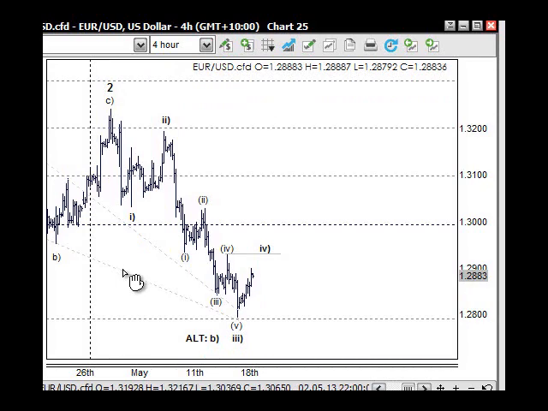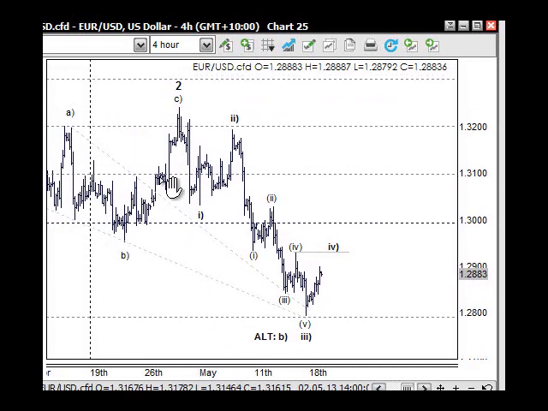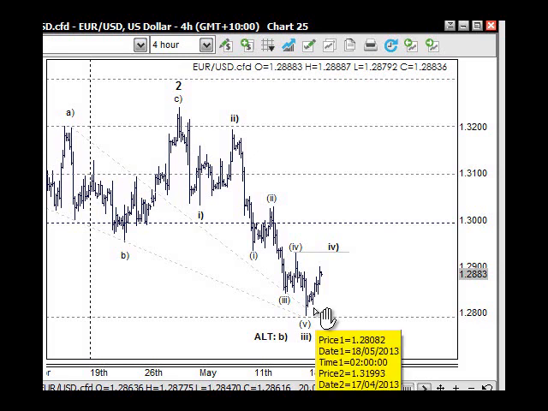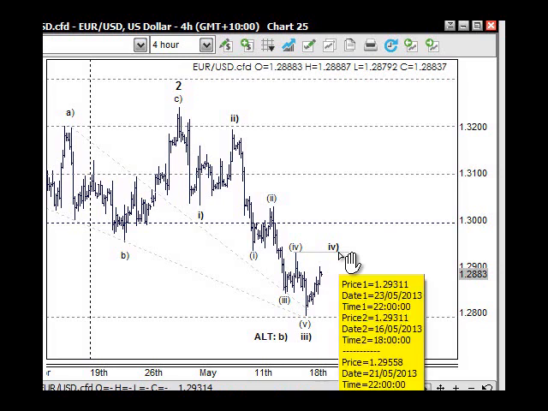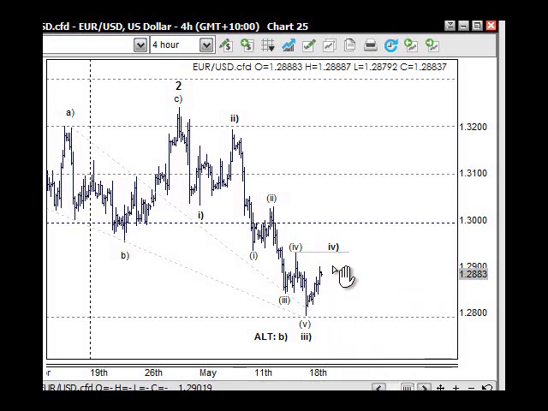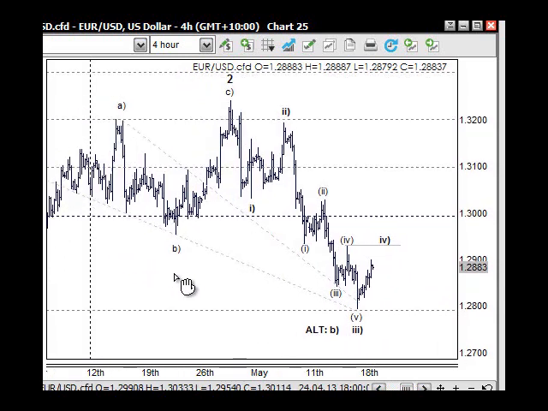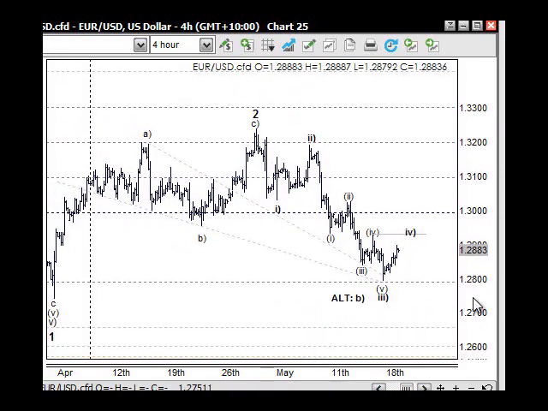So in this diagram here of the 4-hour chart here, we can see that we're at the low of wave 3 here, and we'll be pulling back to the wave 4 of 1 lesser degree through here. We expected to bounce off the 128. The idea was to cover into the 128 for normal trend traders and short-term traders, and this can move up to the 129.50 area through here. Of course, it needs to find support on the 129 and so forth in there. The other thing that I want to point out here too, I don't think it's the case, but I do need to point it out, is that in this